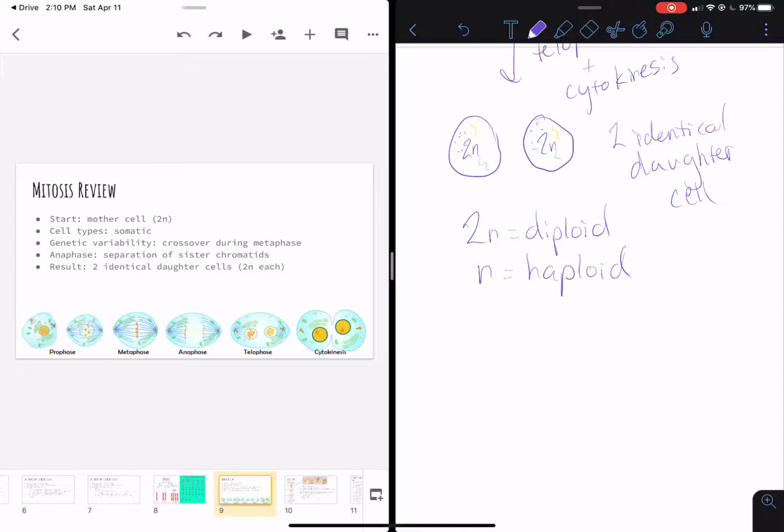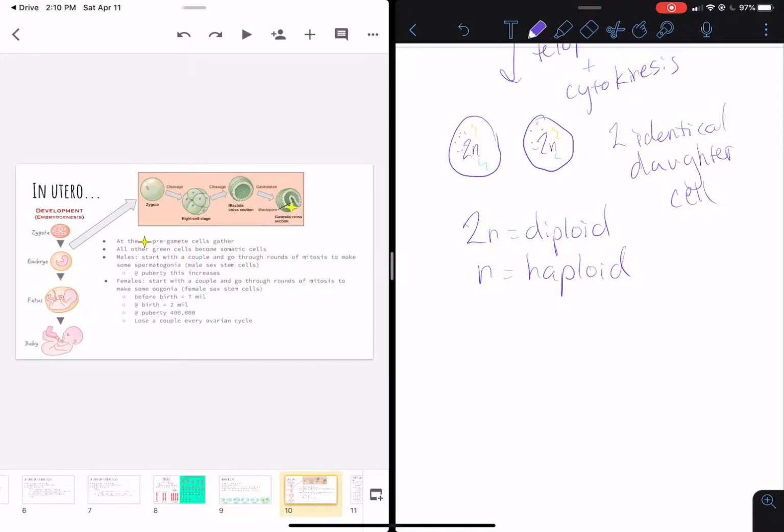Okay, so let's talk a little bit about development for a second before we talk about meiosis. So in utero, when a mommy and a daddy love each other very, very much, right? Then they come together and they fertilize an egg. And that fertilized egg then becomes a zygote. And that zygote folds in on itself, replicates itself many, many times, and then you start getting a ball of cells. So that's what's represented here by zygote. And then a zygote becomes an embryo, and then an embryo becomes a fetus, and then a fetus eventually is